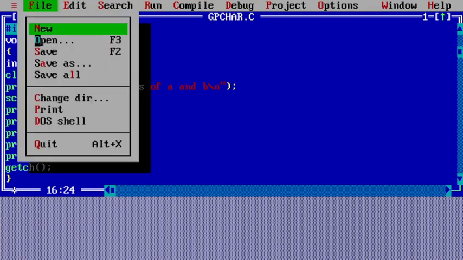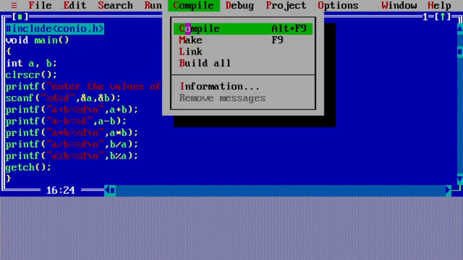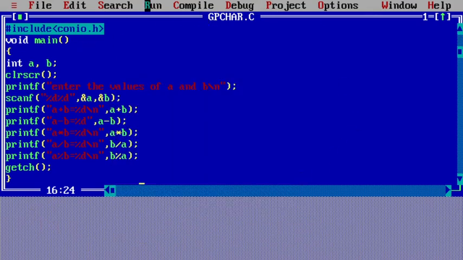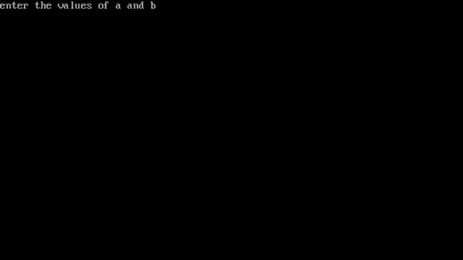After writing the program you just save it and then compile it. Compilation is converting your whole program into object code, and it lists out the errors if there are any errors present in it. Then it executes. Okay, so you have to execute, and enter the values of A and B. So we had the value of A as 10 and the value of B as 20, right. So A into B we are having like